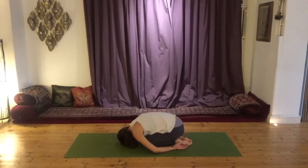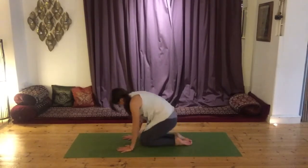Bring the arms alongside the legs so the hands are next to the feet, rest in the arms. Let the forehead rest on the mat. And stay here for 5 breaths. After your 5 breaths, make your way back to your